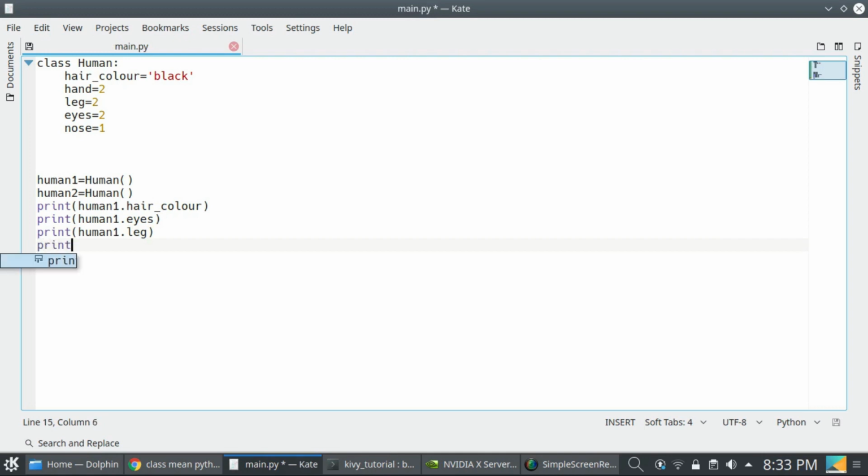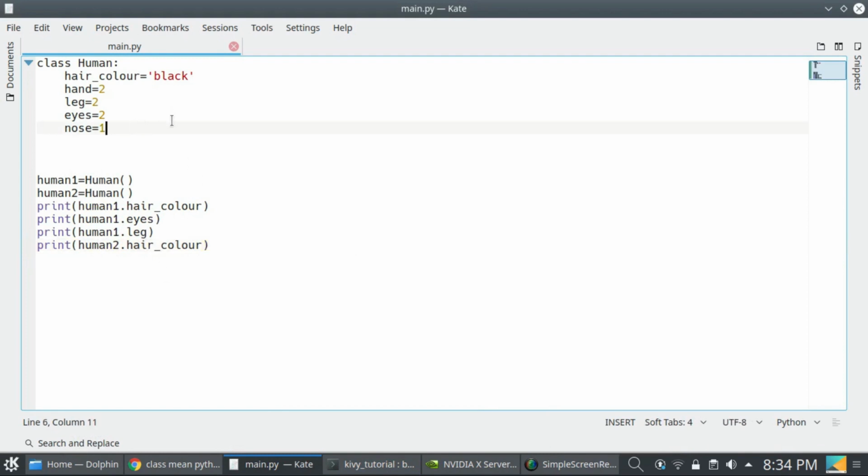So print human2 dot hair color, like this. Similarly I can access the attributes of the human2 object.